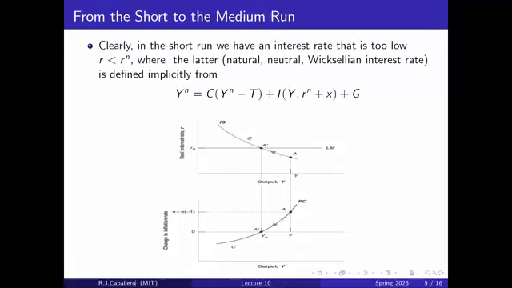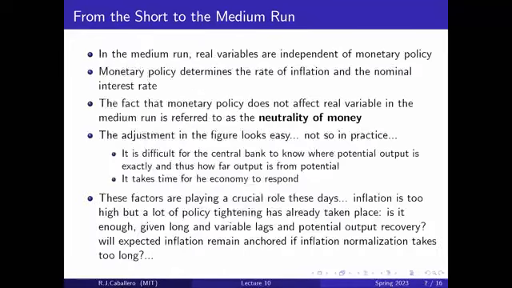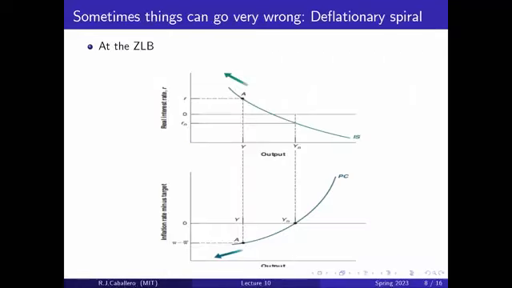And here I just did what we just discussed, just in steps. These things happen slowly. The Fed doesn't hike interest rates in one shot and so on. It takes a while before you get to the final equilibrium. I showed you the deflationary spiral. I said sometimes things can get very complicated